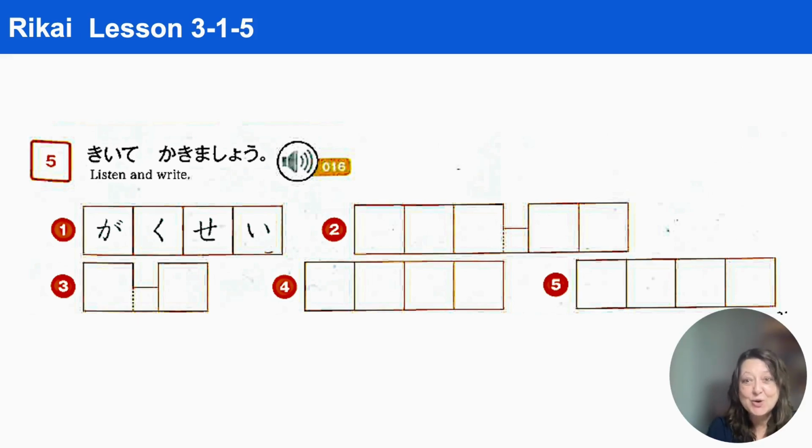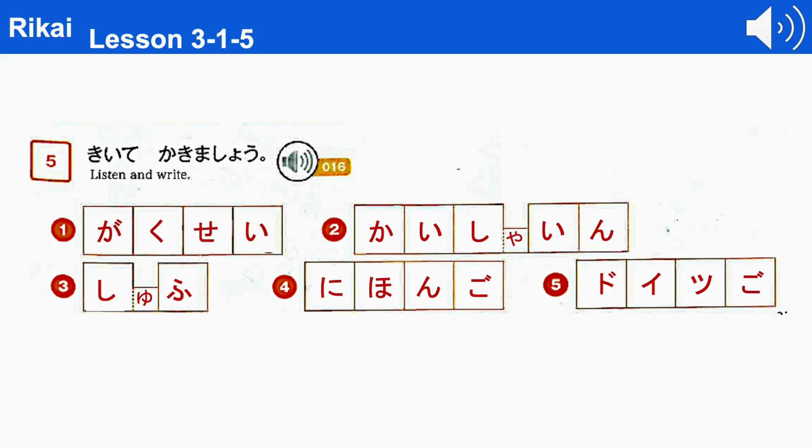Let's check your work while we listen again. 1、学生。2、会社員。3、主婦。4、日本語。5、ドイツ語。